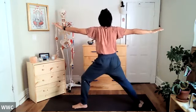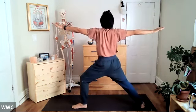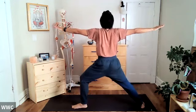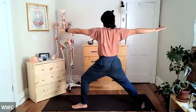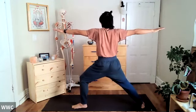Step your right foot back a few steps. You can straighten your left leg to begin. Bend your left knee. Breathe for about 5. Imagine breathing up the spine and down. 4, look straight ahead of you, or even to your left hand. 3, imagine you're resting your arms on some shelves. 2,